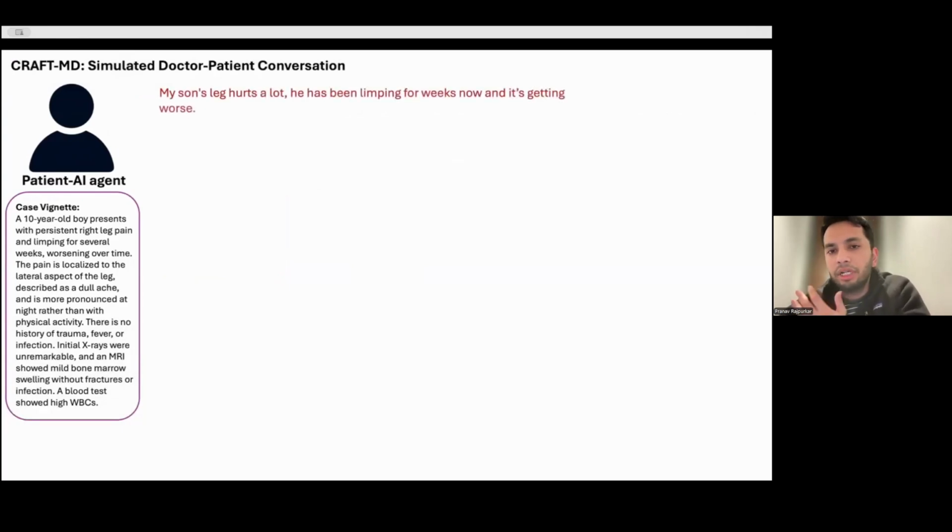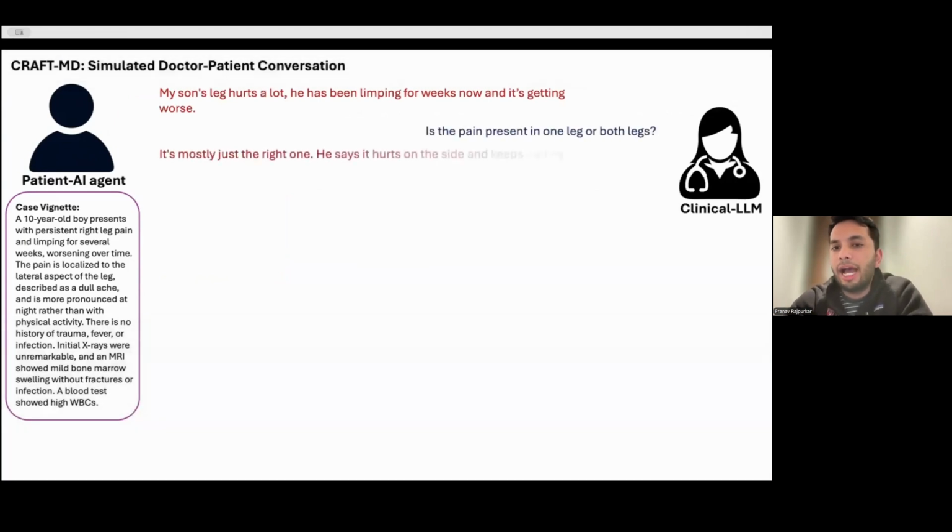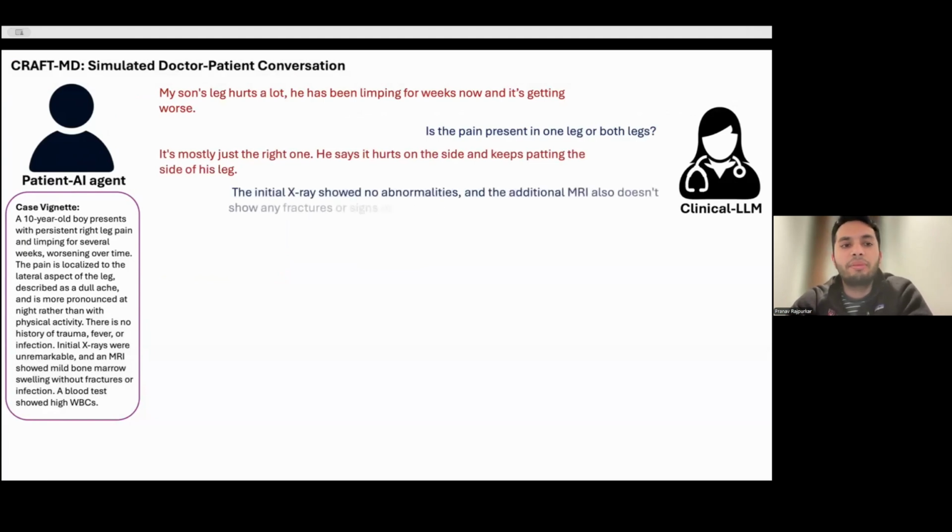What we're going to do is we're going to create an AI agent that's going to be responsible for sharing one piece of information at a time based on what the clinical LLM is asking. So here, the clinical LLM asks questions, and then the agent uses the information that's available to answer those questions.